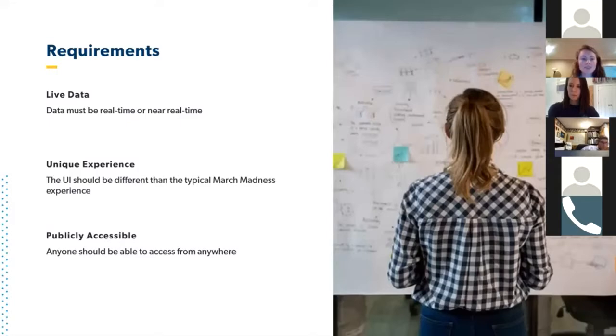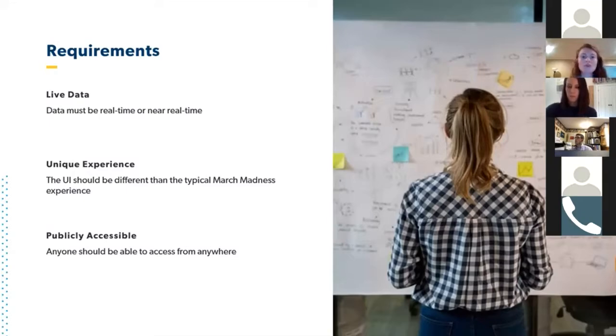So we came into this project, it was Travis and myself, as well as a few different management consultants and a couple other data and analytics consultants, and we all got together and built these requirements for ourselves. We, first off, really wanted to make use of the live data that was accessible to us. We wanted to build out dashboards that, if not real time, were near real time.